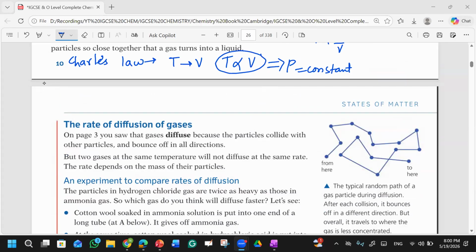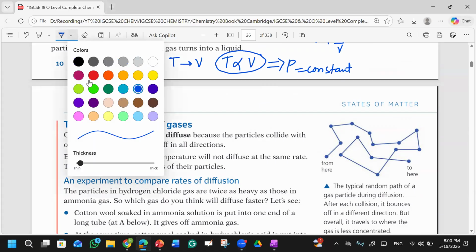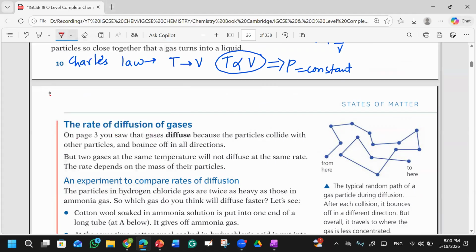So I am writing the definition. You can also write this: it is the passive movement. First thing is it is passive movement. What is meant by passive? That no energy is needed to do this. It is happening naturally. You are not providing energy for diffusion. It is happening naturally. So it is a passive movement